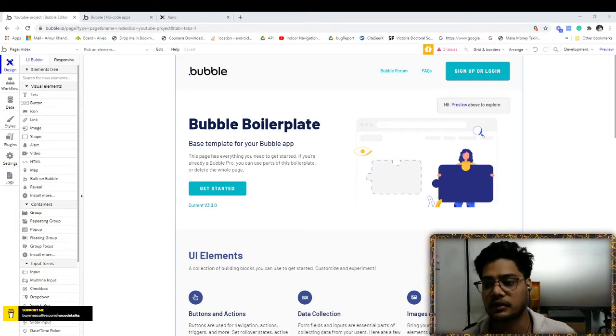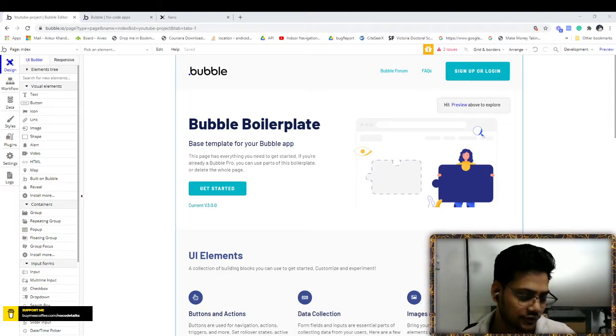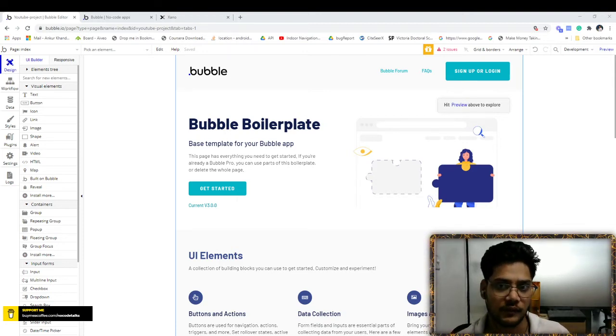Okay, this user is a registered user and he can use my services or website services in a good and legal way. So this is the complete basic meaning of authentication. Today we will learn how to implement that authentication in the Bubble app.